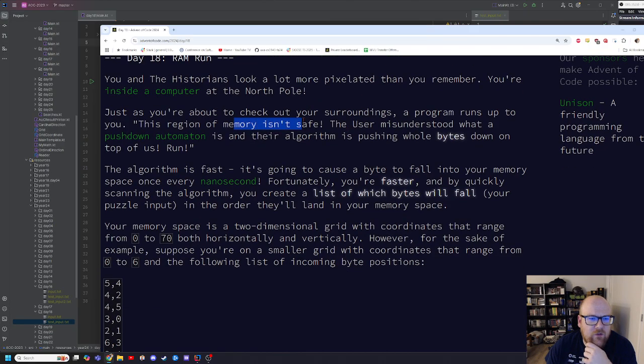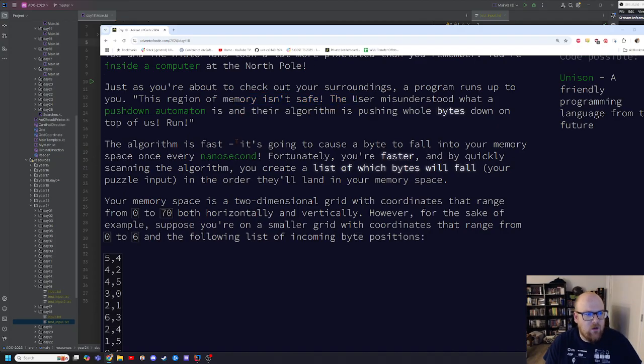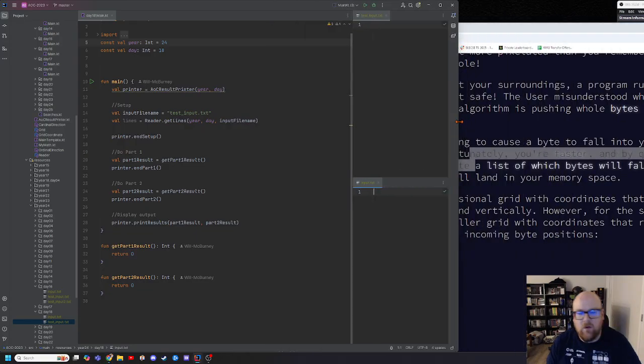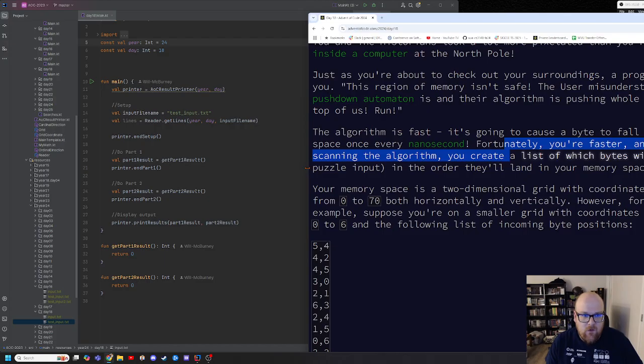A program runs, this region of memory isn't safe. Bytes are pushing down on us. The algorithm is fast, going to cause a byte to fall into your memory once every nanosecond. Fortunately, you're faster. No, I'm not. What time is it? It's 6:22. So I'm pretty sure many trillions of bytes have fallen at this point. Your memory space is a two-dimensional grid of coordinates. Okay, so it's just going to be